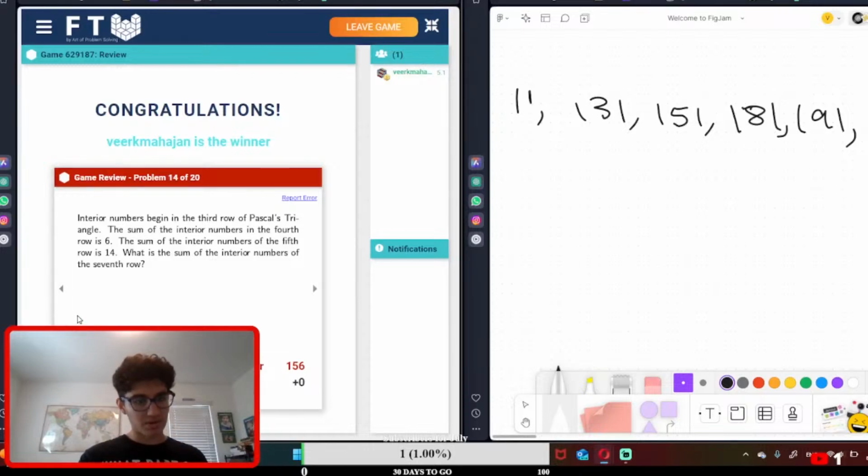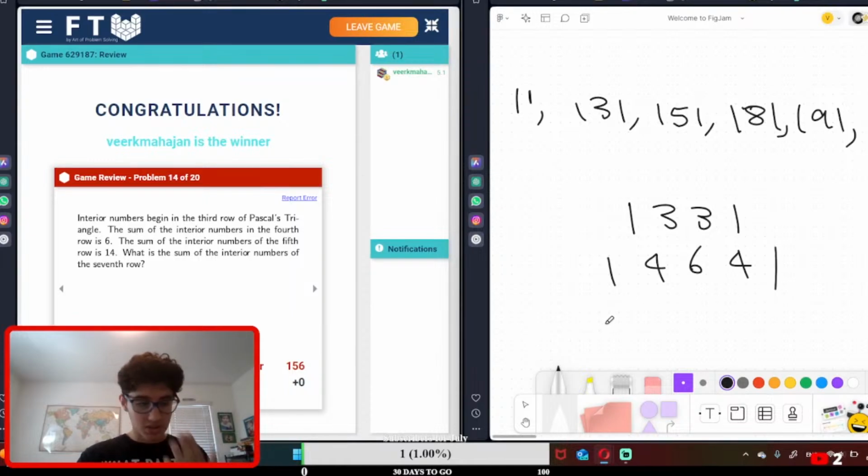Oh, yeah, what did I? In the fourth row, so four. Wait, in the fourth row of Pascal's triangle. Oh, the seventh row isn't the one with the sevens in it. The fourth row is 1 3 3 1, right? So it becomes 1 4 6 4 1. That's the fifth. Then the sixth becomes,